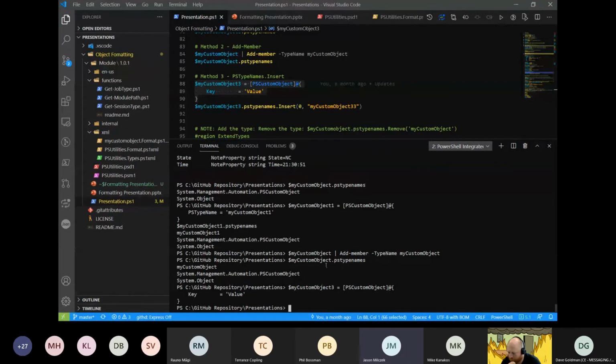So this is blowing my mind that we can have multiple types on an object. I don't think I've ever seen that before. I mean, what if you've got 2 different types on an object, 2 different format files for each type? It just finds the first one it enumerates, or what's the deal?